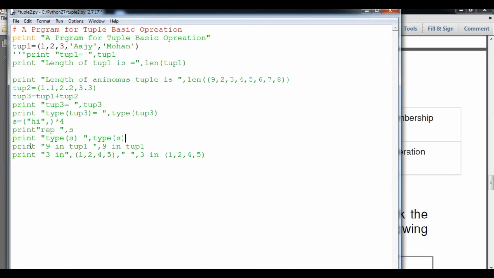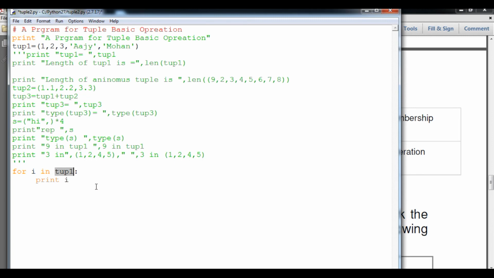Okay, so first of all we will apply this particular code to our already existing tuple. Here I will say, for i in tup1, print i. So student, let's consider what is going on here. A tuple is a list of elements separated by commas and enclosed in round brackets. In every traversal, the element is transferred temporarily to the variable i, and we are printing the i variable here.